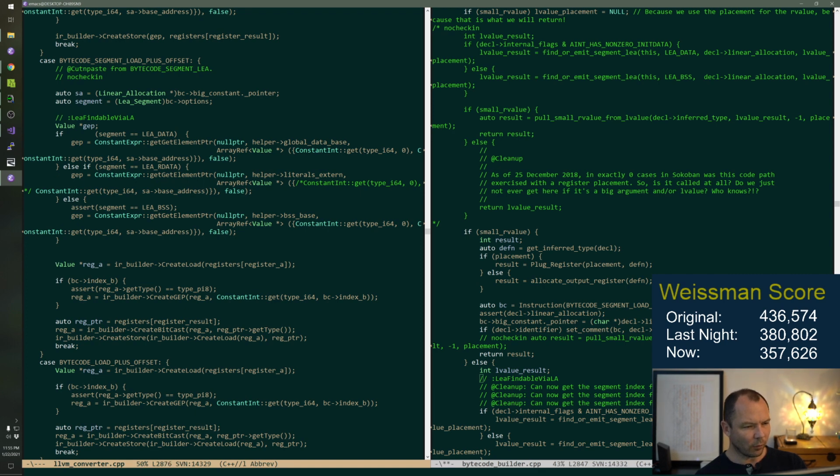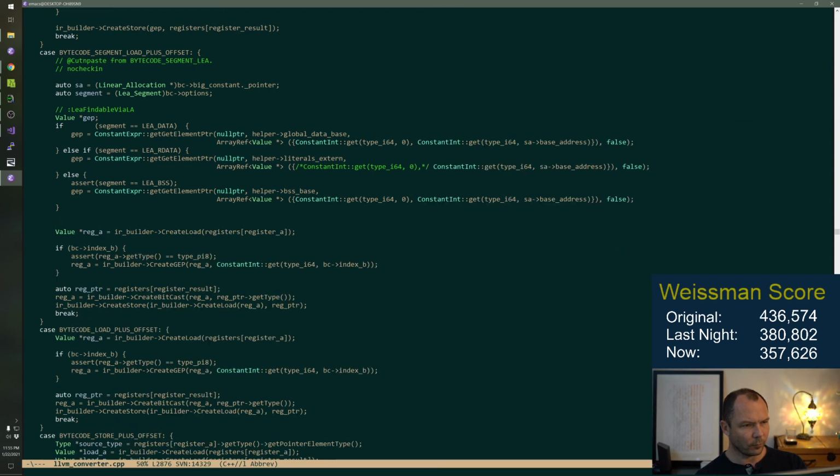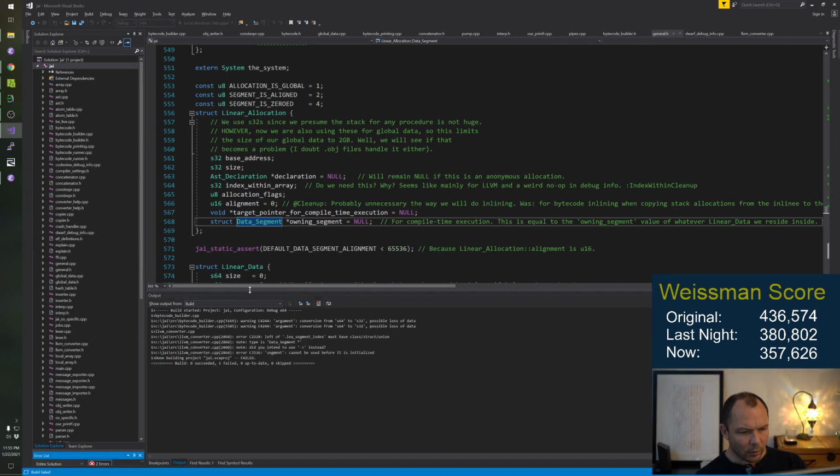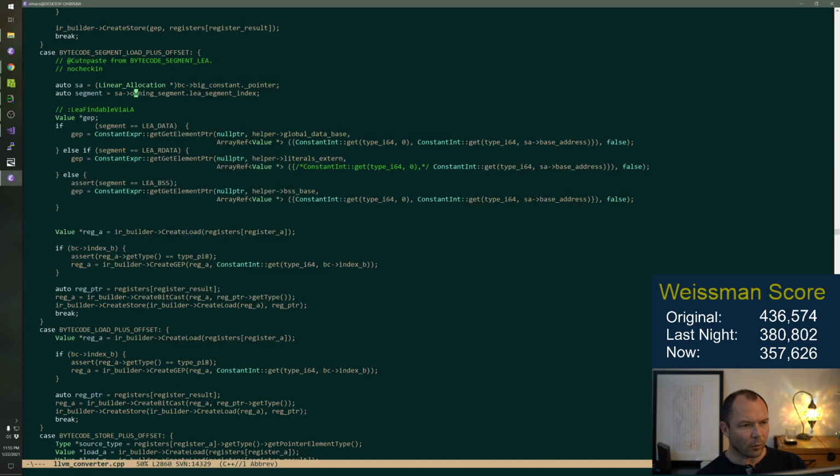We do the load effective address, and then the segment is actually SA arrow owning segment.lee segment index, something like that. Calling it lee segment index doesn't make sense anymore. Just making sure we compile. Oh, arrow.